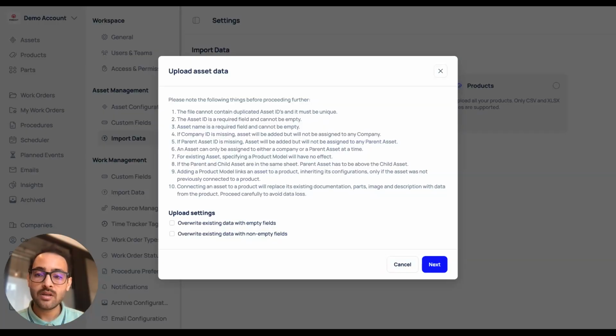And now, if there are any errors in my sheet or in this entire mapping, values that are repeating, there are required fields